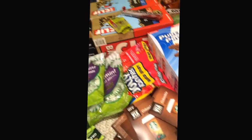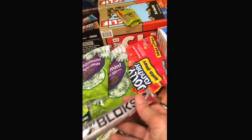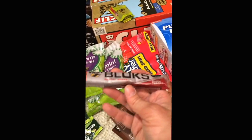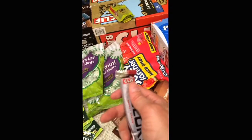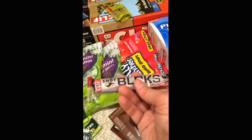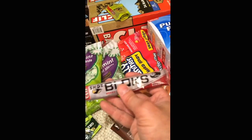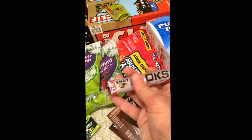Another thing, these are made by Cliff. I'll get into the bars in a second. The energy blocks. I found that these dissolve into your blood really quickly, it seems. You can kind of feel a boost pretty quick. I do like these. I think that you could probably get Shark Bites or any sort of fruit. These are expensive. You could get a lot more Shark Bites for your buck than these. These are kind of expensive, but I like these, and they do